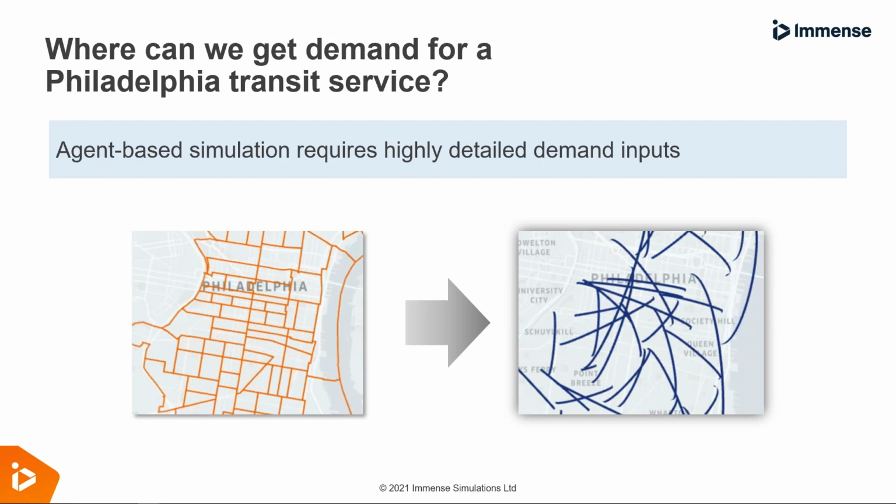Because we are looking at an agent-based simulation, we've also developed some techniques which allow us to convert zonal data, such as that provided by Streetlight, which is really traditional and well used and well understood in transportation planning, to point-to-point data. So we get that really highly detailed input that says people are traveling from here to here at a specific time of day, which means we can simulate the services at a really detailed level as well. So if you go on to the next slide.